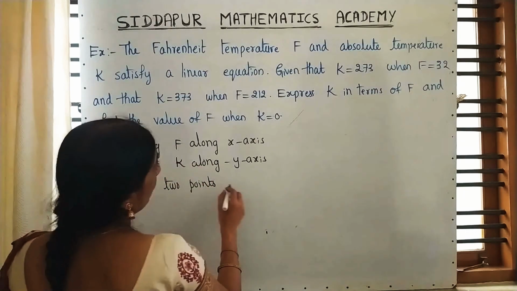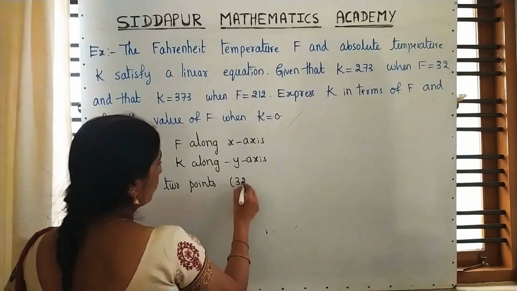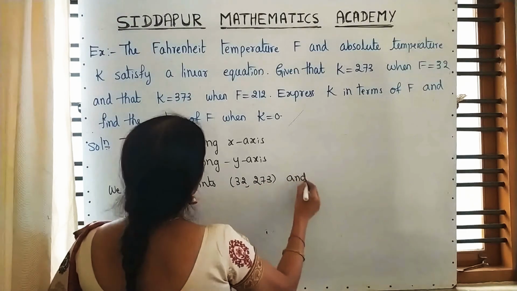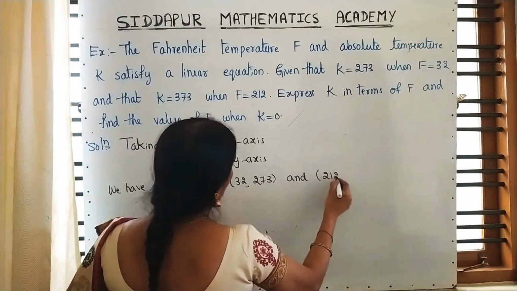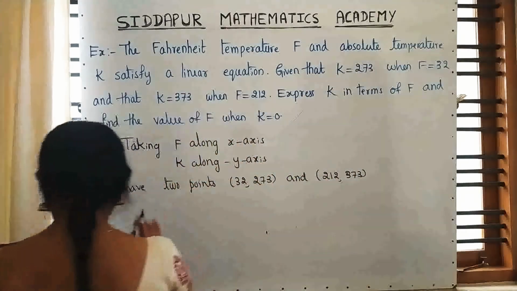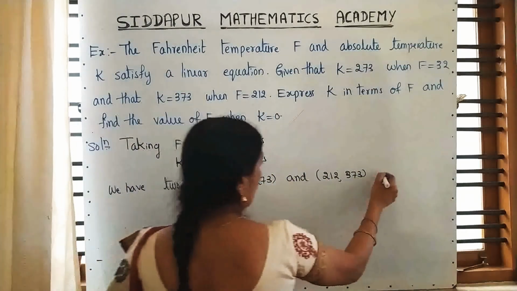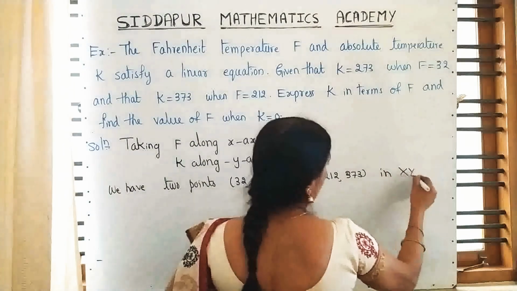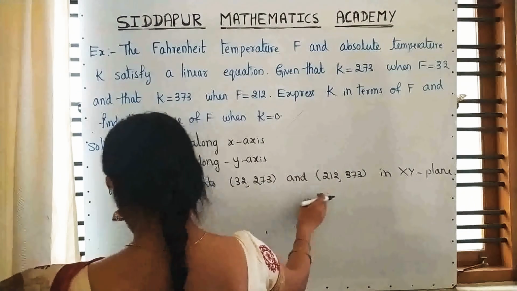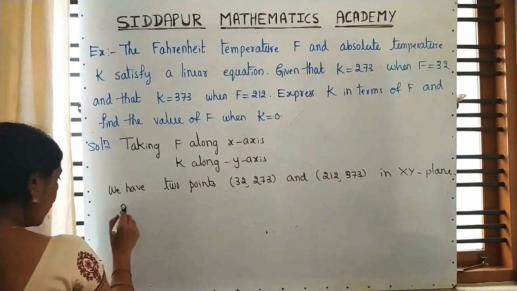Write down F and K value, that is 32, 273 and 212, 373. See, K and F, 2 values. In the xy plane, in 2 dimension we are taking. Now we have 2 points, means by 2 point formula,